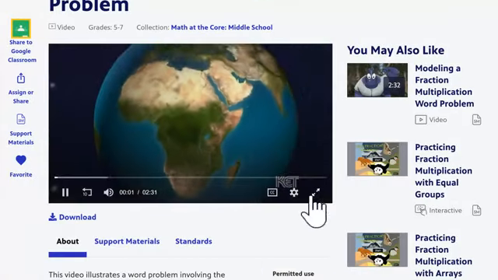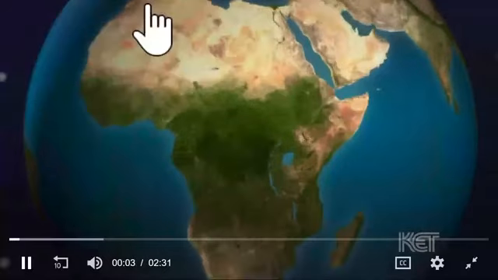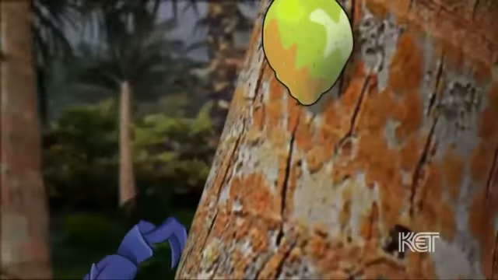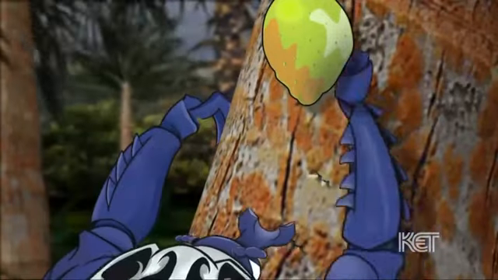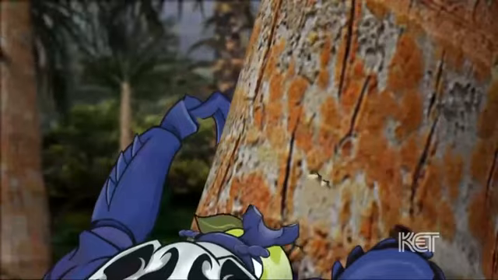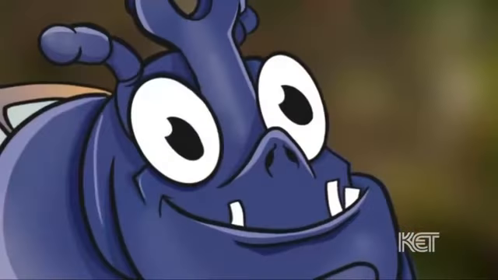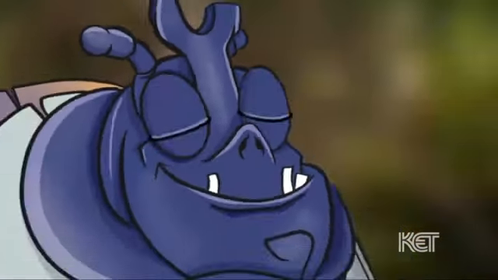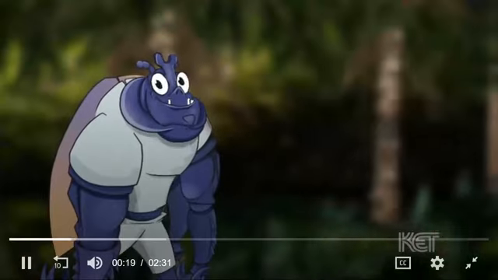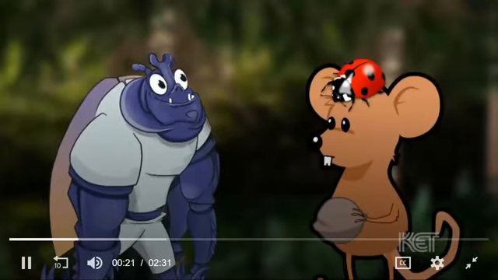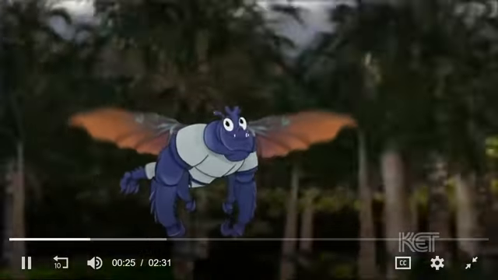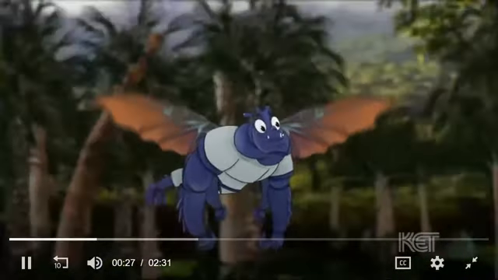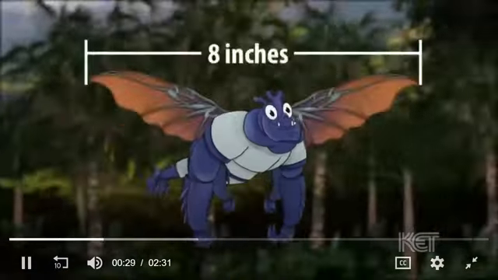In the tropical rainforest of Africa, his claws are perfect for climbing in pursuit of tree sap or fruit. He's one of the largest of his kind, and it's time for dinner. The Goliath beetle is a giant among insects. He can be 5 inches long, more the size of a mouse than a bug, and he doesn't just crawl. As the Goliath beetle zooms to a new tree, he sounds like a helicopter. The beetle has an impressive 8-inch wingspan.